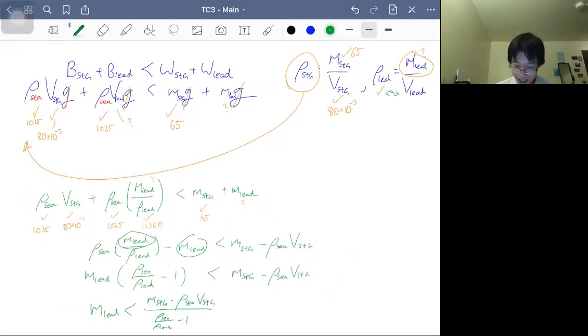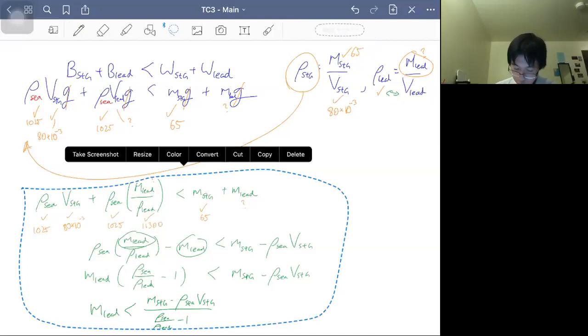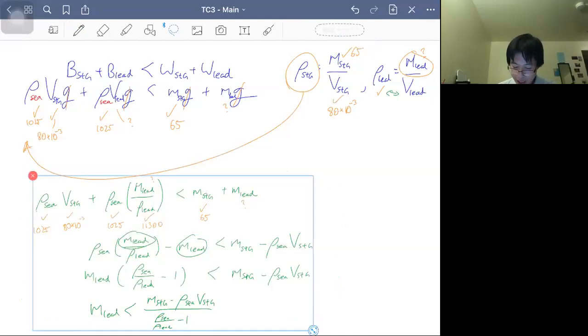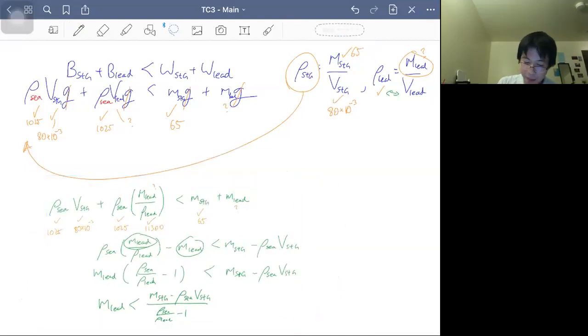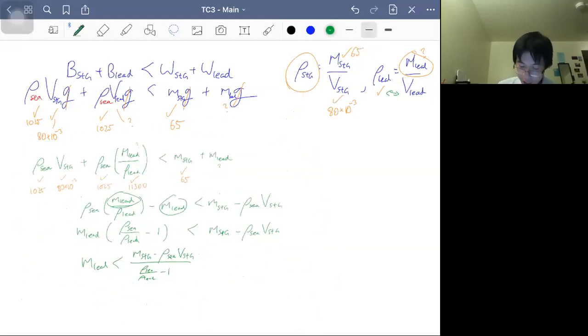This looks a little bit weird. Why is this less than? It's because over here, which is larger, the density of C or lead? Density of lead is larger, right? So on the denominator, when you take that fraction and subtract by 1, are you going to get a positive or a negative number? Here, you're going to get a negative number. So in order to make it negative,